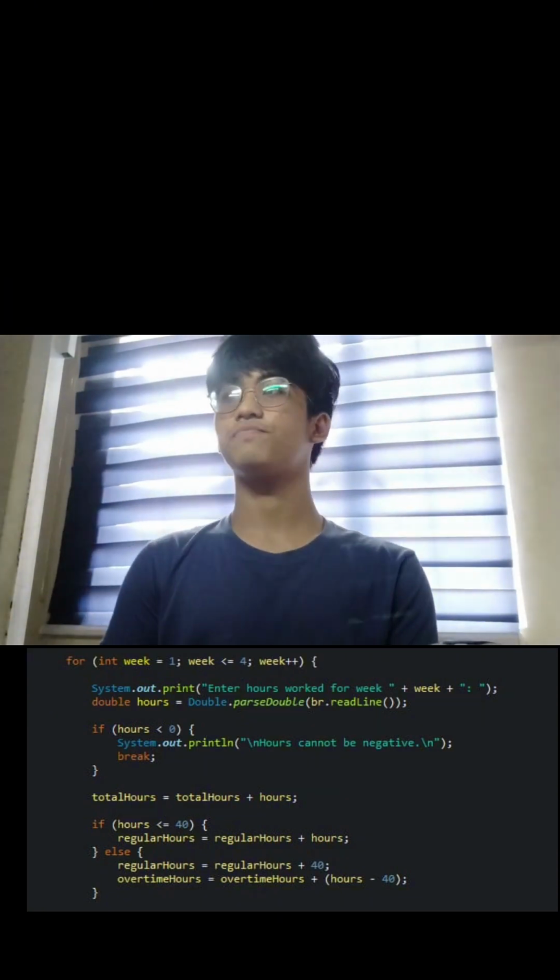If it's not, then you go to an if else statement. This if statement checks if the hours are below or equal to 40, it'll just calculate the standard or regular hours and not the overtime hours. But in the else statement, it'll calculate both overtime hours and regular hours.